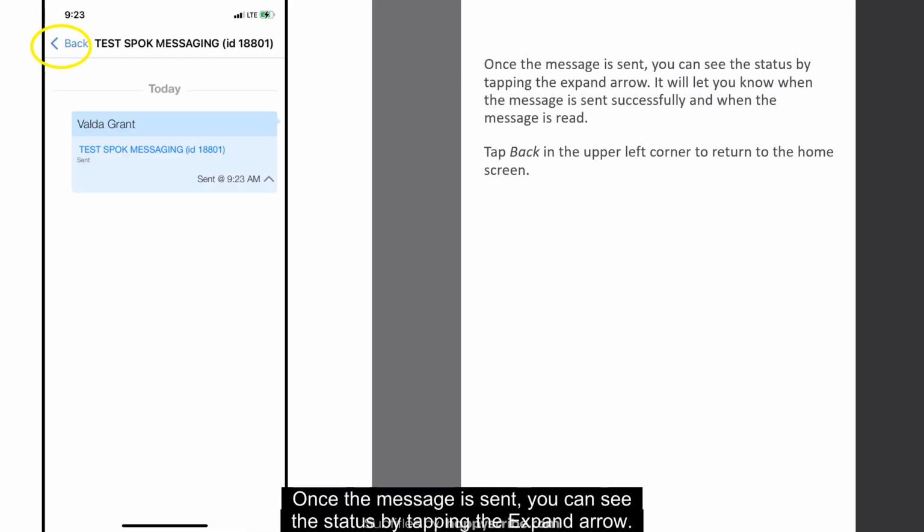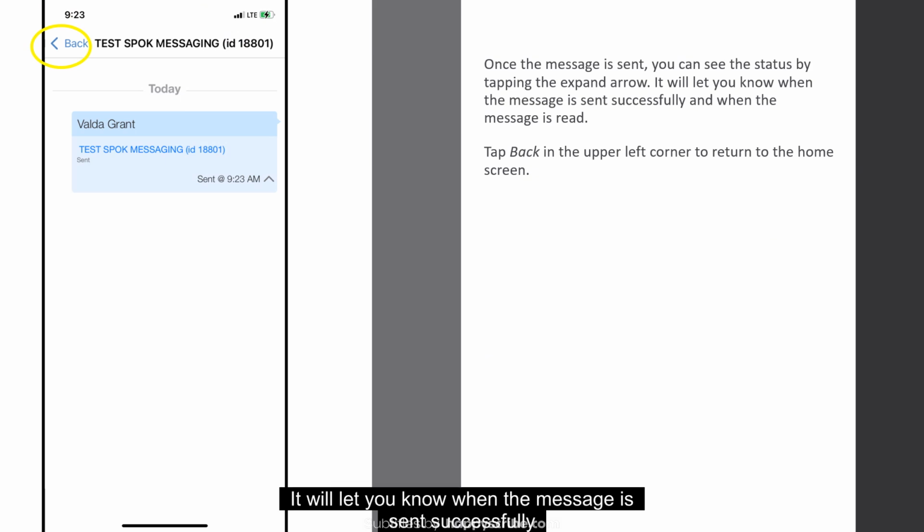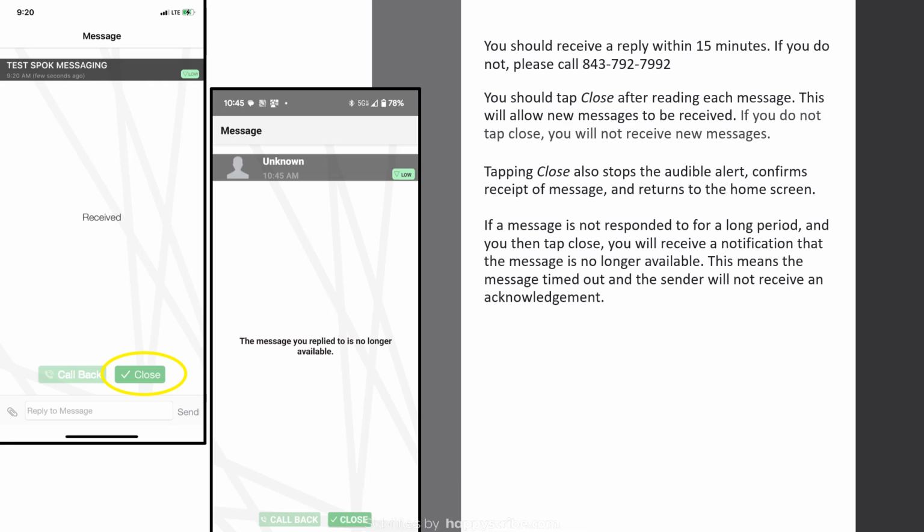Once the message is sent, you can see the status by tapping the expand arrow. It will let you know when the message is sent successfully and when the message is read. Tap back in the upper left corner to return to the home screen. You should receive a reply within 15 minutes. If you do not, please call